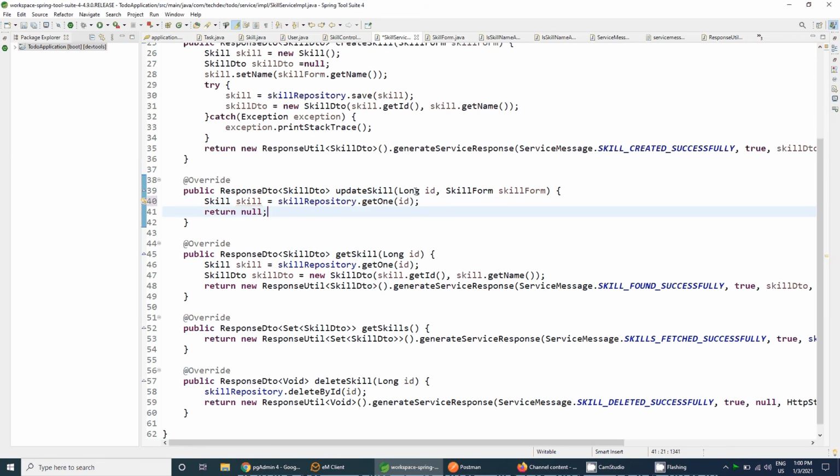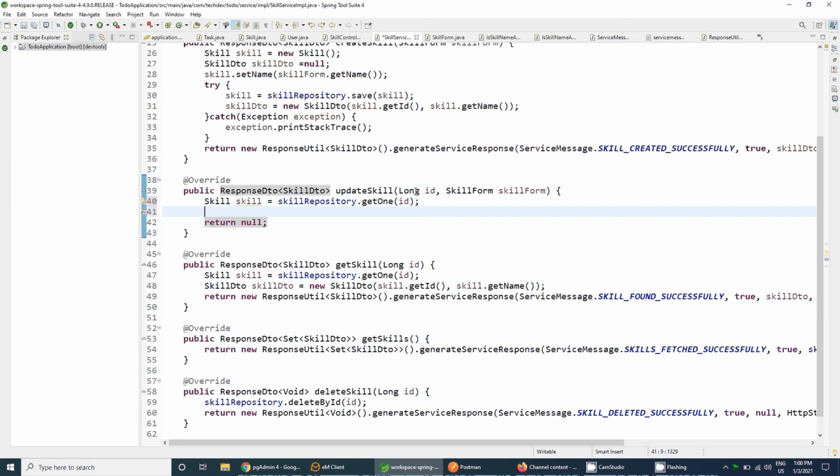It will return the object of the skill. And now, before we check that, let's create a boolean variable, isUpdateRequired.